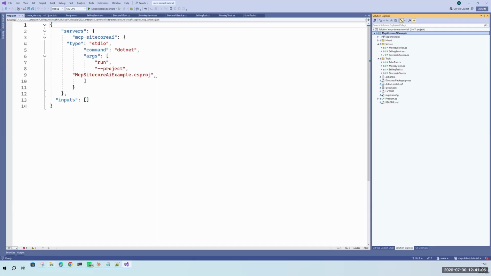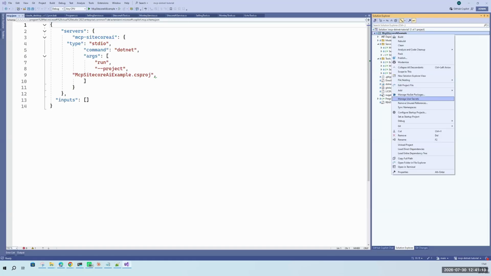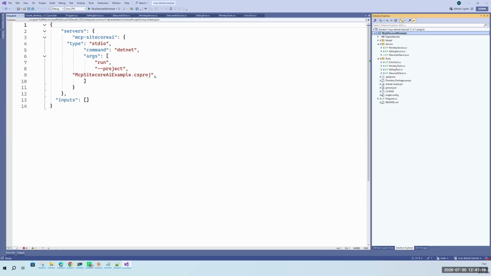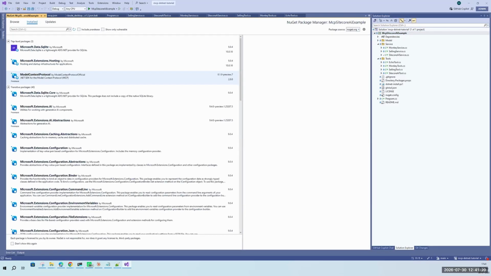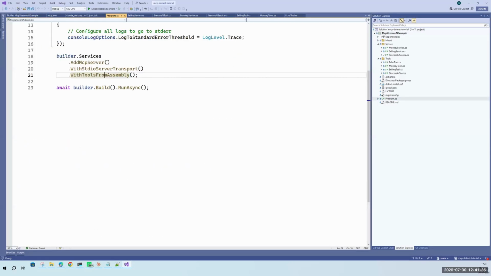So in order to build these custom MCP tools, let me show you. You need to reference Microsoft.Data.Sqlite, utilize Microsoft.Extensions.Hosting, and the Model Context Protocol SDK. These three things you need to utilize, and then you have a Program.cs file.